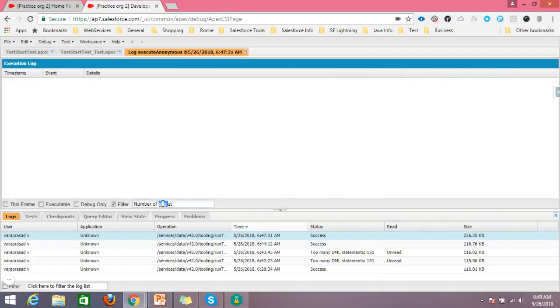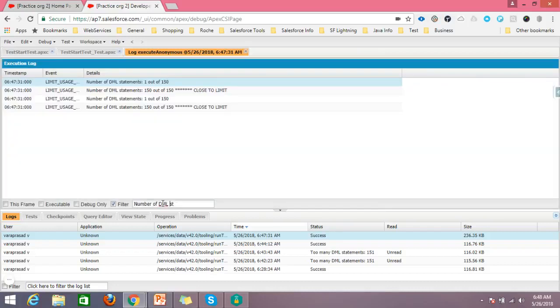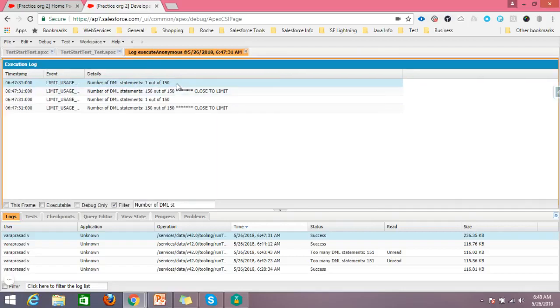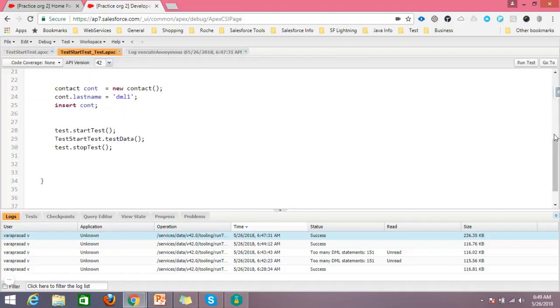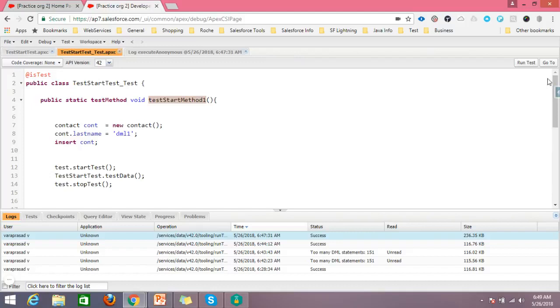See, these two belong to the first test method. These two belong to the second test method. So even though we are inserting more than 300 or 400 records, it is acceptable because each test method contains its own governor limits.